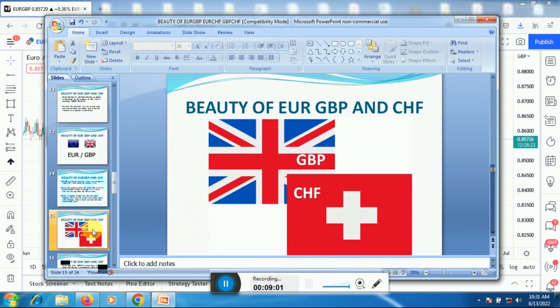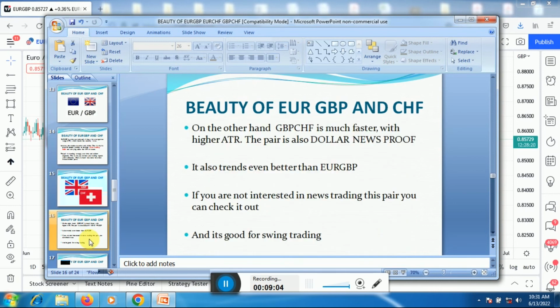GBPCHF, so in the case of GBPCHF, GBPCHF is much faster, and also it has a high average true range. So the pair is also dollar news proof, which is good, and it also trends even better than EURGBP. So this one trends better than EURGBP. If you are not interested in trading the news, this pair is definitely for you, and you can check it out. So EURGBP has a lower